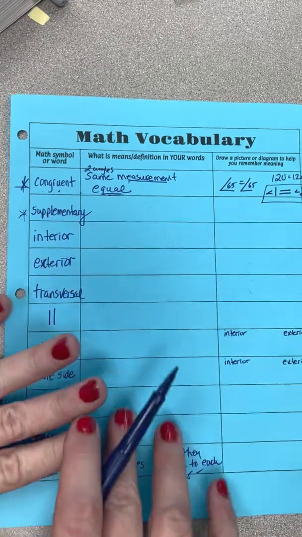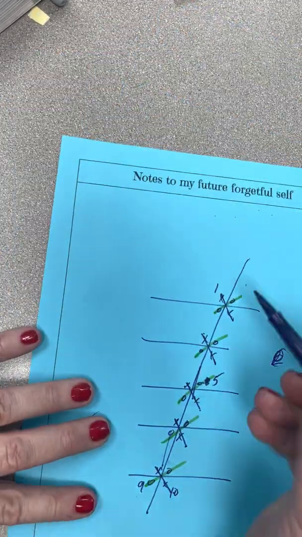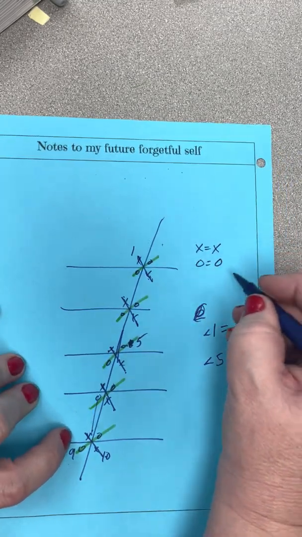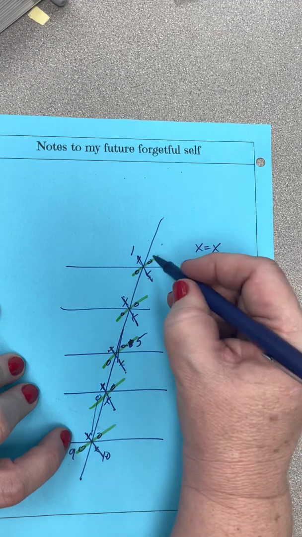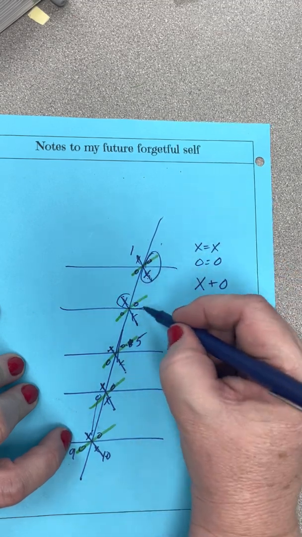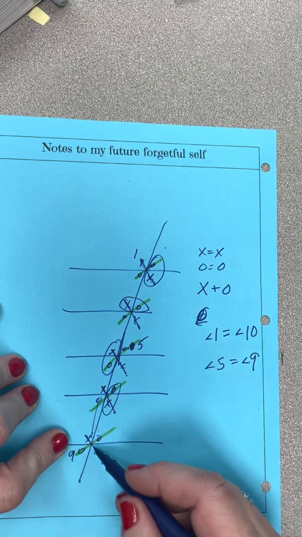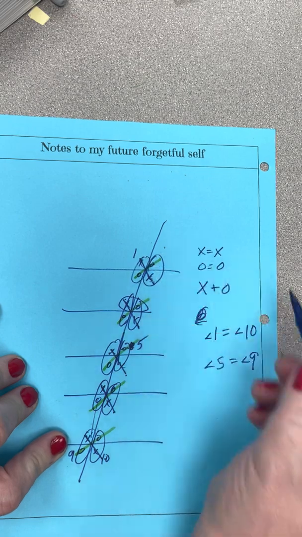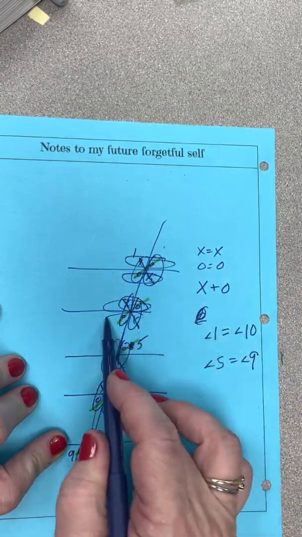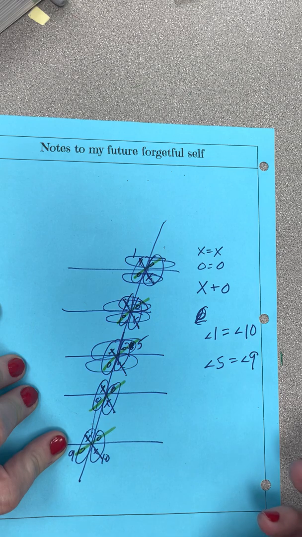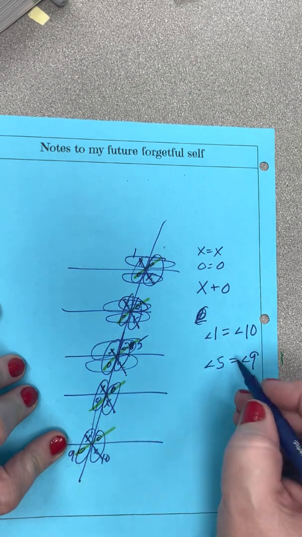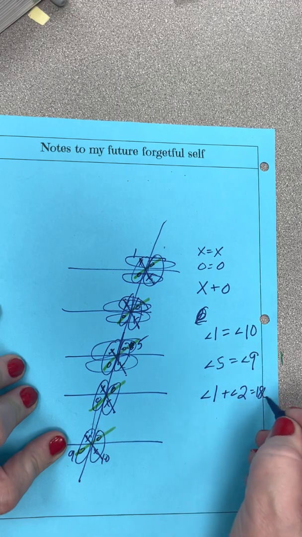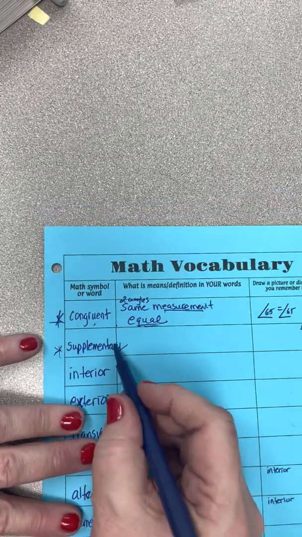Supplementary is the other option. If they're not X's or O's, X equals X, O equals O, but X plus O, so right here I have an X and an O. Here I have an X and an O, X and an O, X and an O. I've got just as many X's and O's as I do vertical. All of those form a line. When I have an X and an O, it's going to be angle 1 plus angle 2 equals 180 degrees. So supplementary means